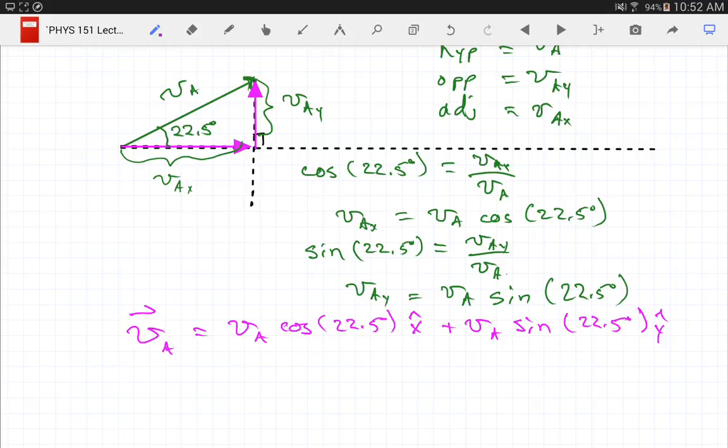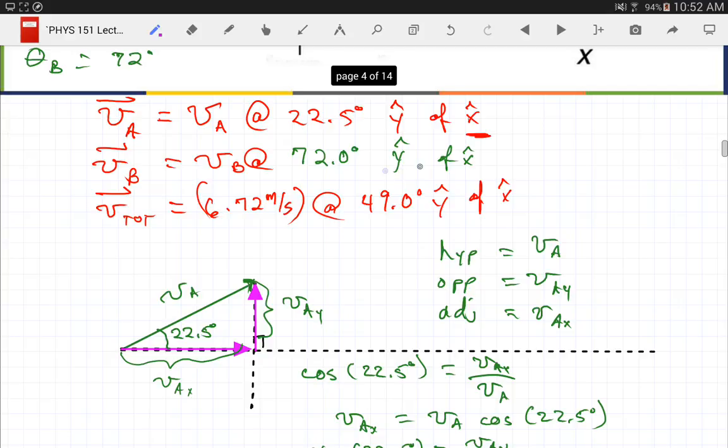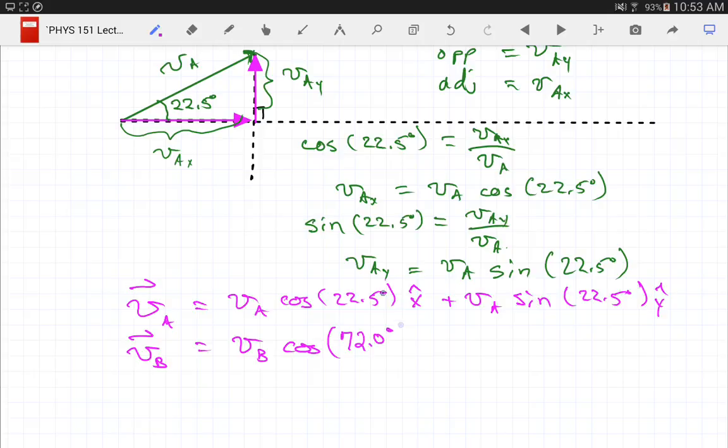Now I'll repeat the same thing for VB. I really don't need to redraw my triangle because I used all of my angles y of x. If your angle is measured y of x, you're going to use the same trigonometric function for the same side. If it's x of y, you're going to switch them. So you need to pay attention to the angles. But since all my angles are y of x, they will all have the same form. So VB is equal to VB cosine of its angle, which we determined was 72 degrees,